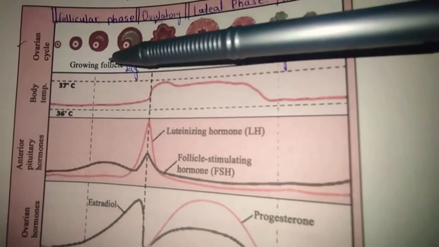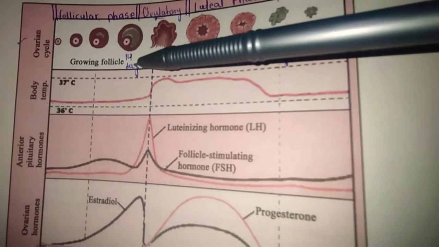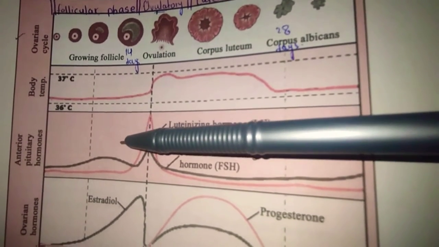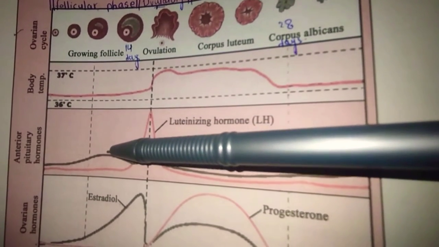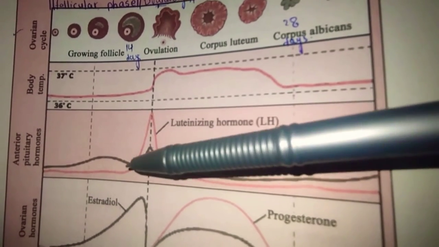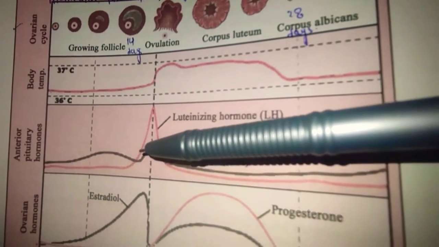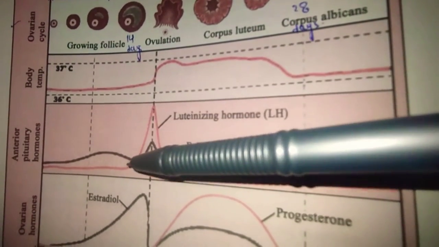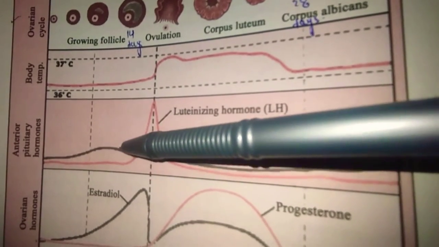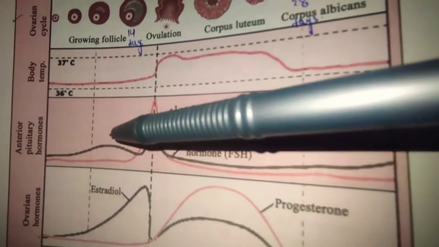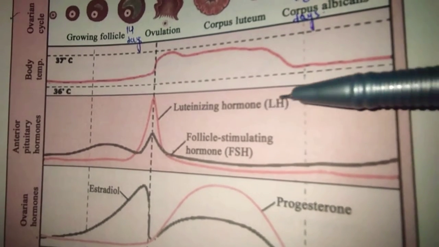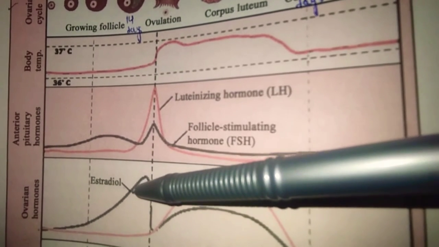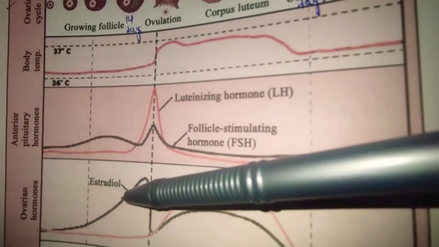The first phase is the follicular phase. As the name indicates, there is the growth of the follicles, and how this process occurs. So first of all, let's go to the anterior pituitary hormone. First of all, there is the GnRH pulsatile released by the hypothalamus. Then there is the production of LH by the anterior pituitary. The LH acts on the granulosa cells to produce estrogen mainly. So here the estrogen levels are rising. So increased estrogen production